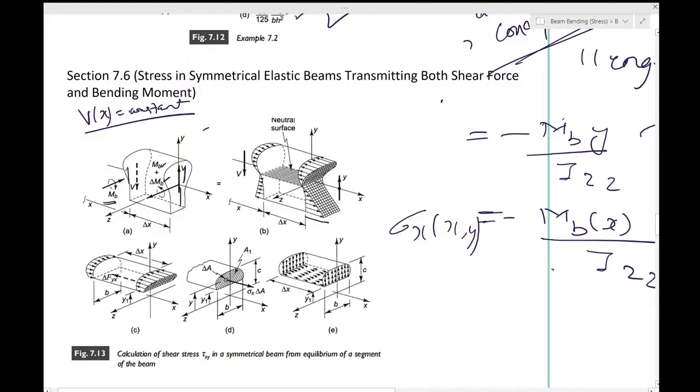Now due to the unbalance of bending stress on the ends of this segment, there must be a force. Remember, on this side the stress is large, and on this side it is small. So there is an unbalance, and you want them to be in equilibrium. The only way that can happen is if you have this additional force delta F